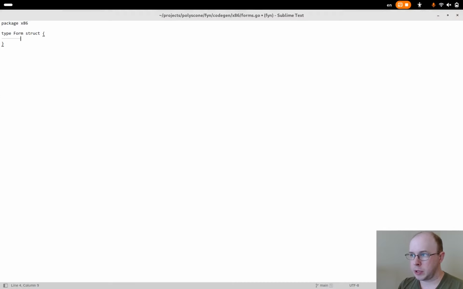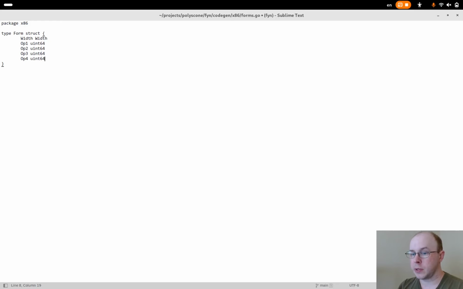So when I'm trying to find a form, I'll need the width. We'll also need op1, 2, 3, and 4, which can all just be uint64s. The reason for these being uint64s is basically that we don't care about what the value of an operand is in the case of a form. We only care about the information about it, like is it register or memory or something like that.